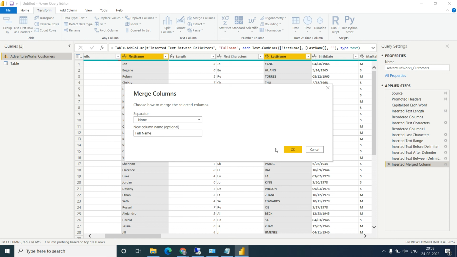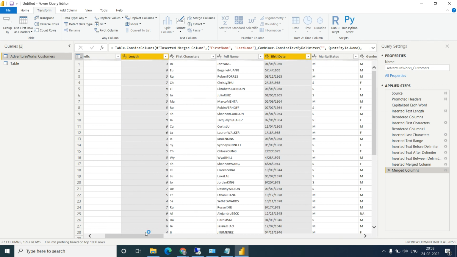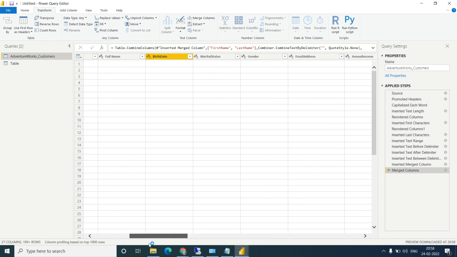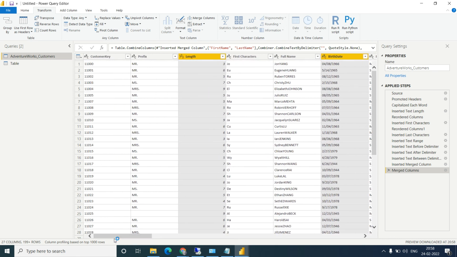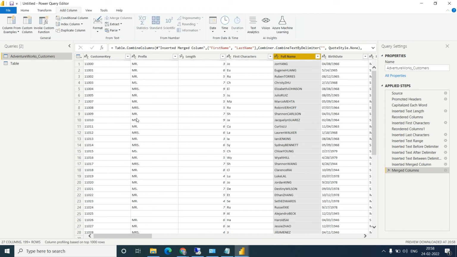So when you create a full name, see, your first name and last name columns are not there, it is showing directly full name. It means it will perform the transformation on the existing column. It doesn't create a new column in the transform tab, but in the add column it creates a new column. Understood, everyone?